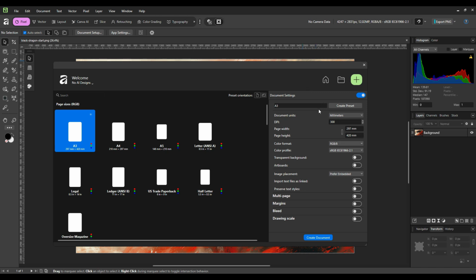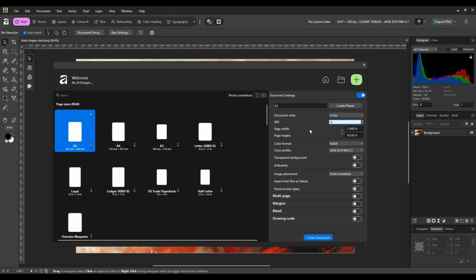First of all, let's set up our document size. At the moment, I'm seeing it here as millimeters. I would like to change that to inches. I can also change my DPI or dots per inch. If I want to create a design for printing purposes that is being sent to a printery, then I can leave it at 300 DPI. If I want to create a document for other purposes, like for example on the web, well, I can change this to 72 PPI. These are standard resolution settings that are used whether for web or for print purposes.